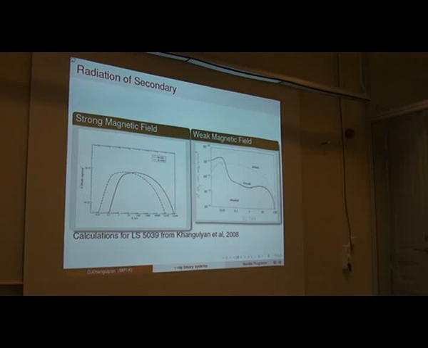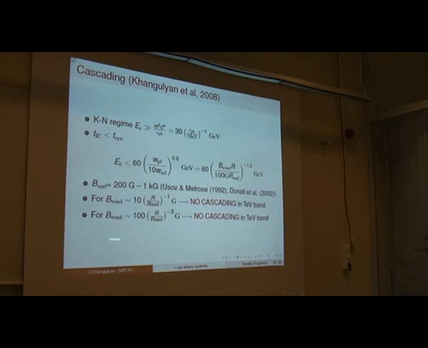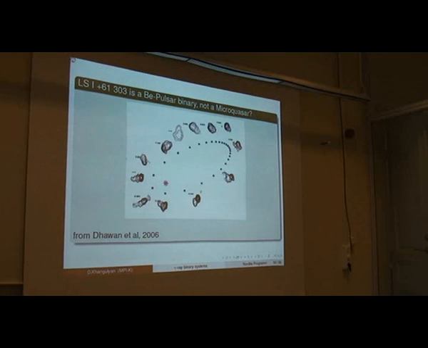And basically there are two ways of emitting: either the secondary particles will interact with soft photons producing inverse Compton emission, basically a cascade will develop, or if the magnetic field is strong enough, they emit in X-rays. And accounting for the conditions which one expects in binary systems, it's quite unlikely that there can be an effective cascade. So, in this way, one may think that, for example,